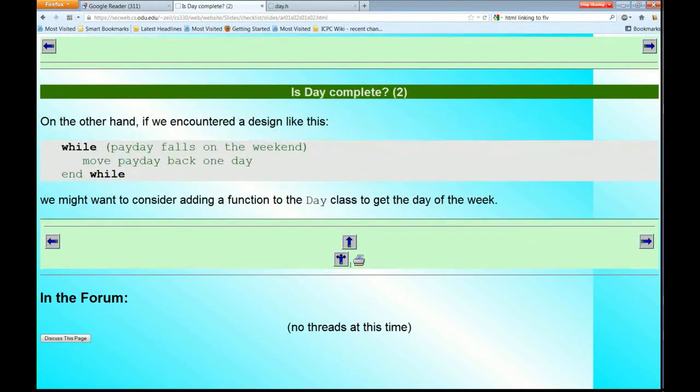On the other hand, suppose I was anticipating something like this. While payday falls on the weekend, move payday back one day because we don't actually issue checks. If, say, we normally pay people on the 15th of the month and the 15th is a Saturday, then we might issue the checks on the 14th instead so that we can actually do that on a day that is a regular work day. Can we support that through this particular interface? Well, no. Actually, we can't, because in this whole interface,